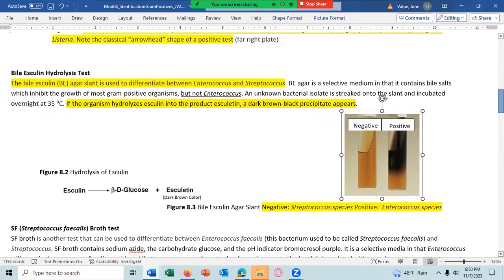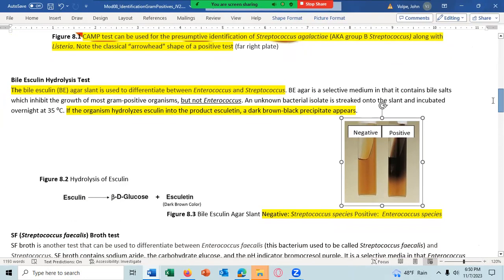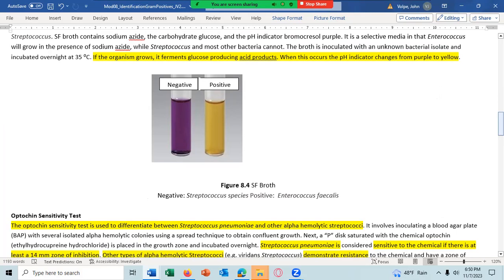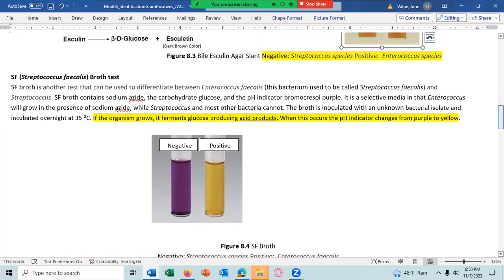All right, any question on the bile-esculin test? Looking to see if the bacteria can digest esculin. The SF broth test is looking to see if the bacteria can ferment the ingredients and change the color from a purple color to a yellowish color. The SF broth test contains sodium azide and a carbohydrate, glucose. And if the bacteria can ferment glucose, it will change the pH to acidic,